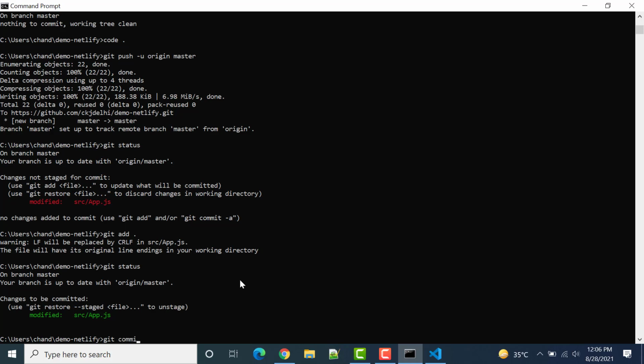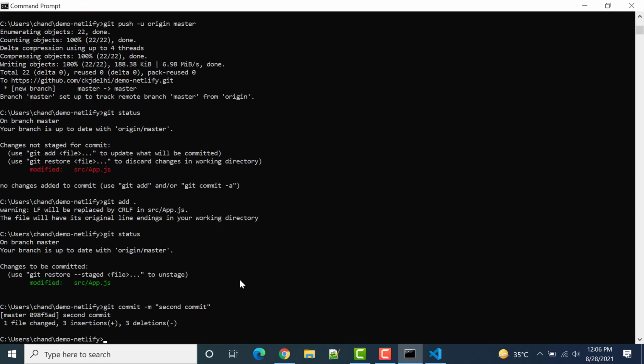I'll do git commit -m, and then here I can write the message, second commit, and then enter. Now git push origin master.